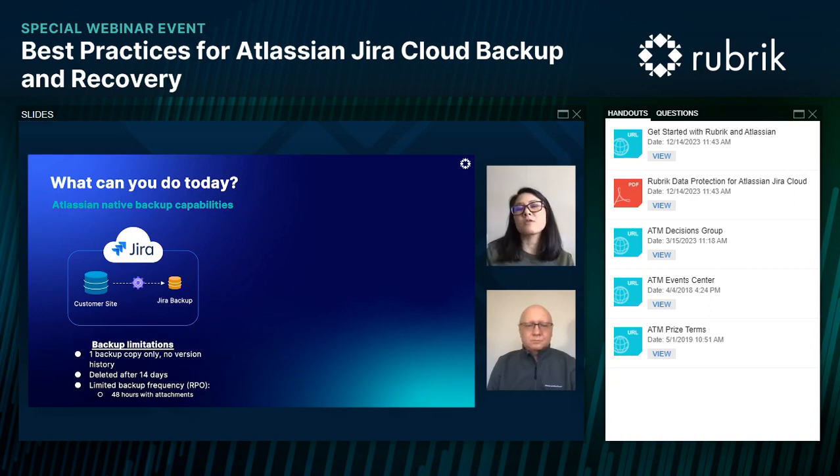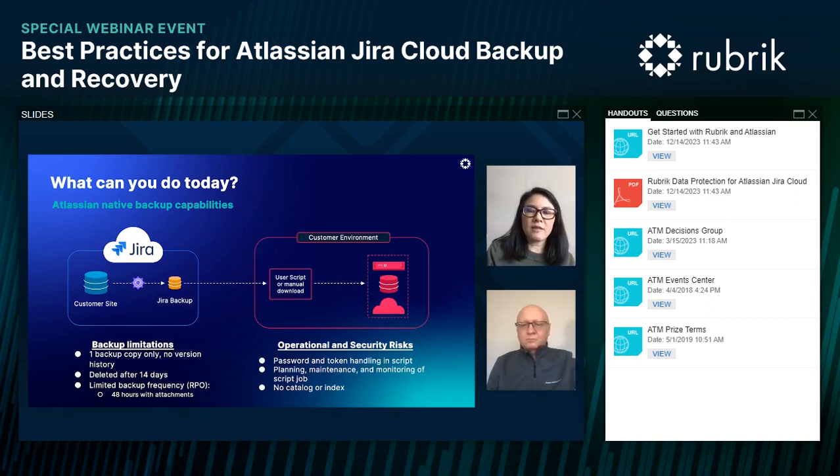However, sometimes customers are not able to even get that, because of the scale or size of their Jira environment. If a customer's environment is quite large, they may only be getting weekly backups.